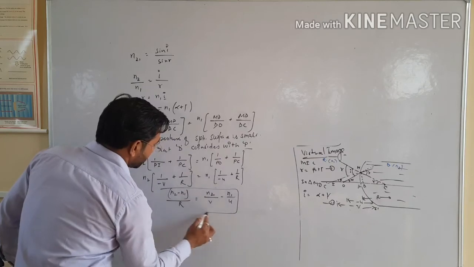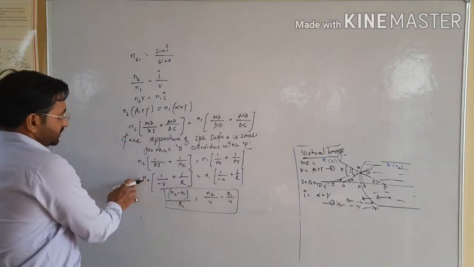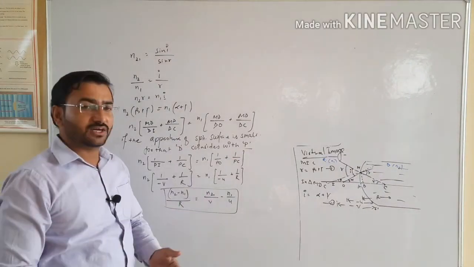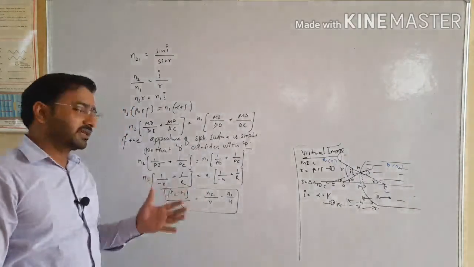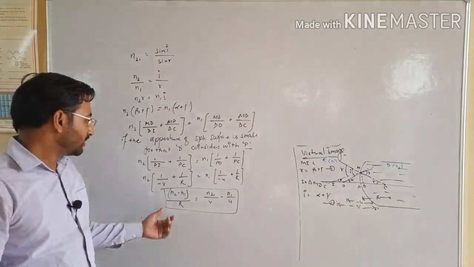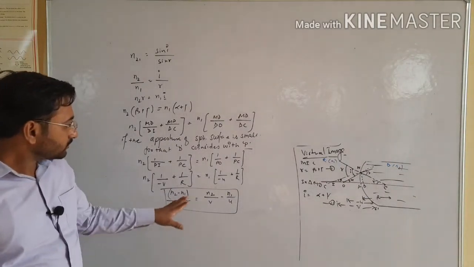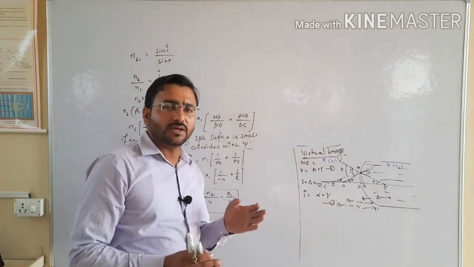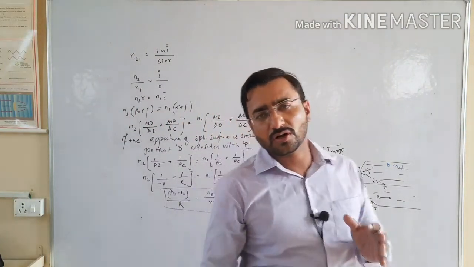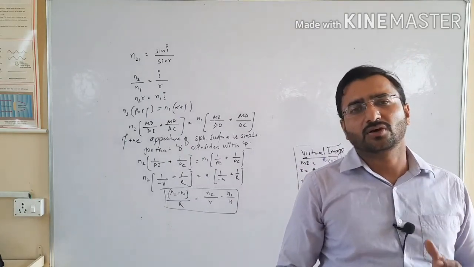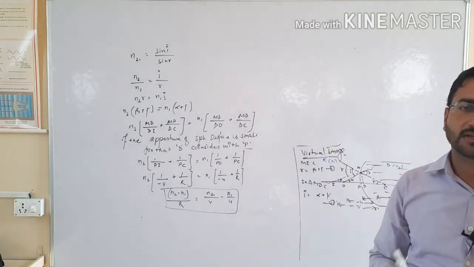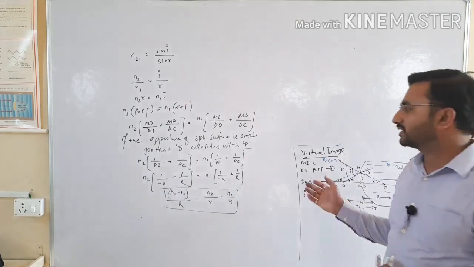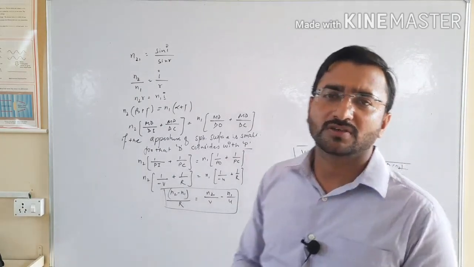Point clear, student? After simplification of this, we can get this relation. This relation is the same as the previous one, in which we were getting a real image. Clear? So these two are the relations when the light ray goes from rarer to denser medium for the convex surface, or you can say convex refracting surface, and the remaining part we will discuss after this. So pause the video and note down.